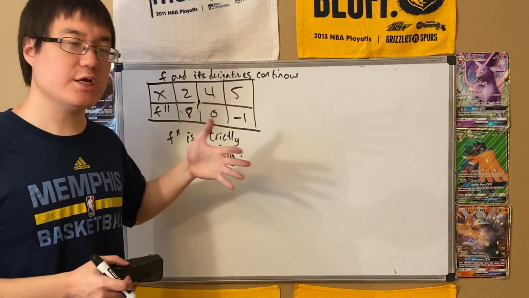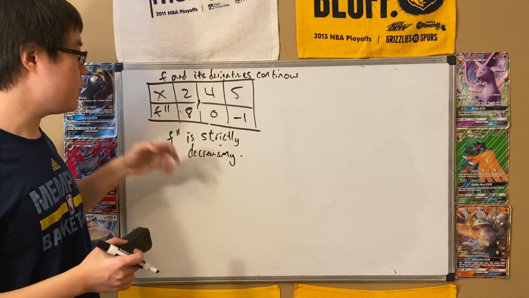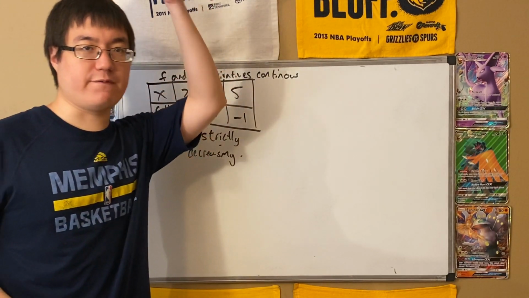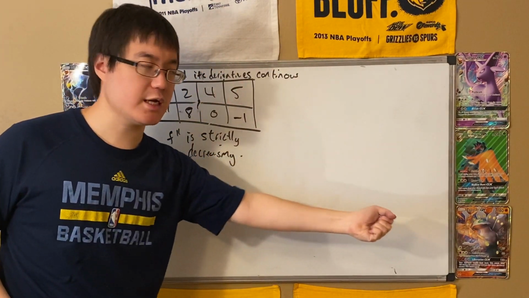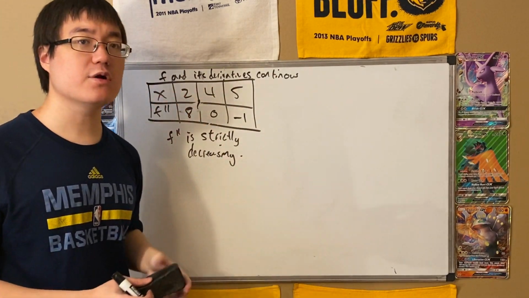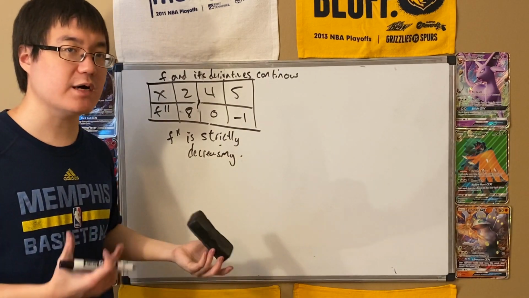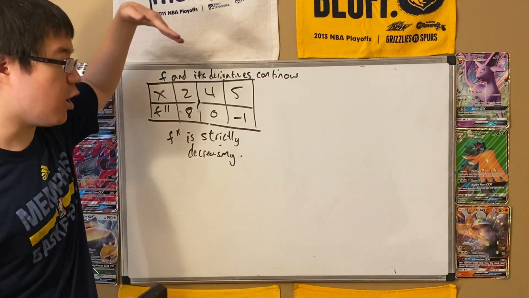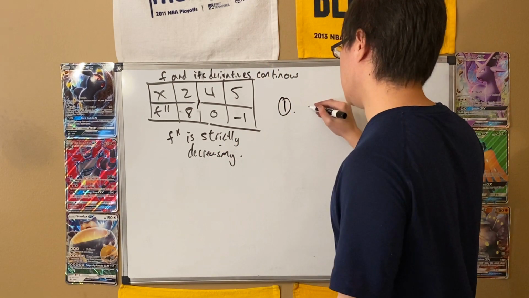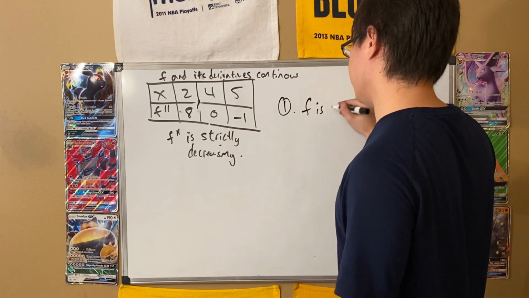This question right here changes everything. So for example, because we know that f double prime is strictly decreasing, we know that it has to go from 8 down to 0 down to -1. It can't go up, for example, because even if we don't know the values in between, we do know something about the values in between, and that it's always decreasing. So for example, we have a sentence like this, statement 1, f is concave